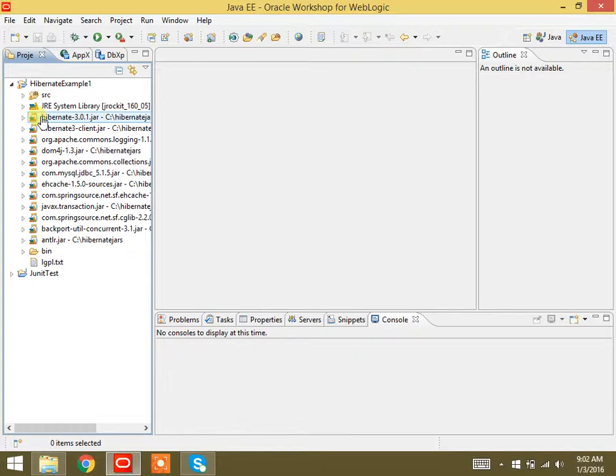Any questions? Whereas in this version, we are making use of XML. In upcoming versions, XMLs will not be there. Annotations will come into the picture. Is the DOM4J jar file required there or not?